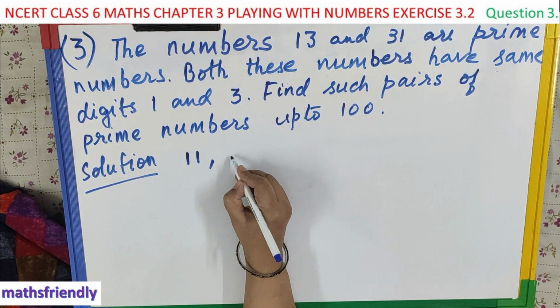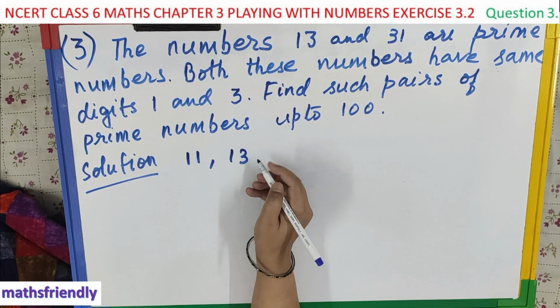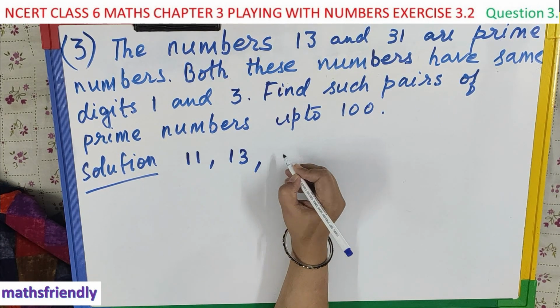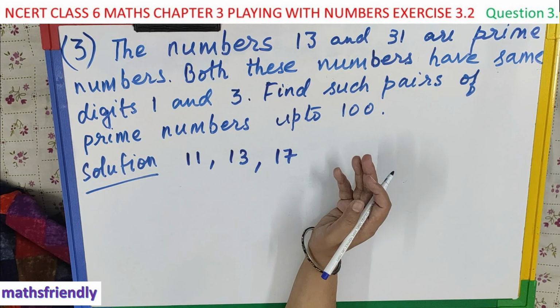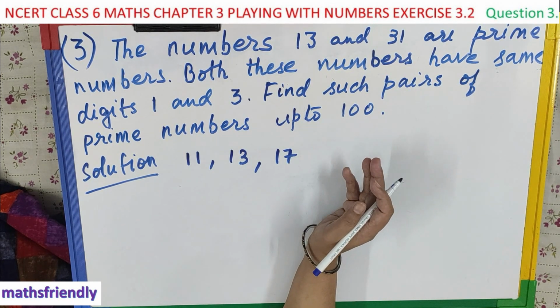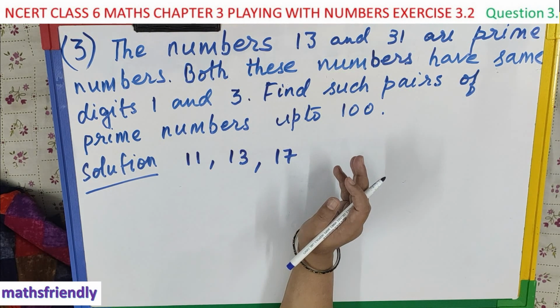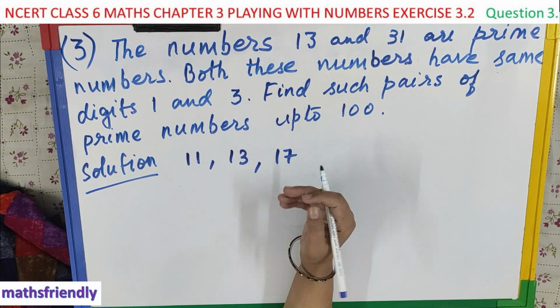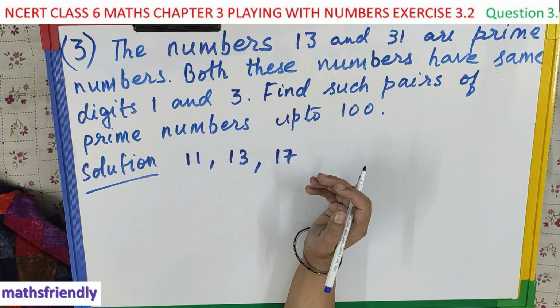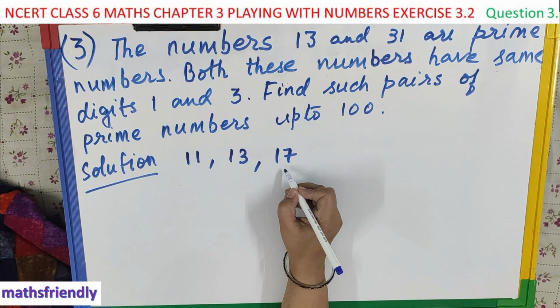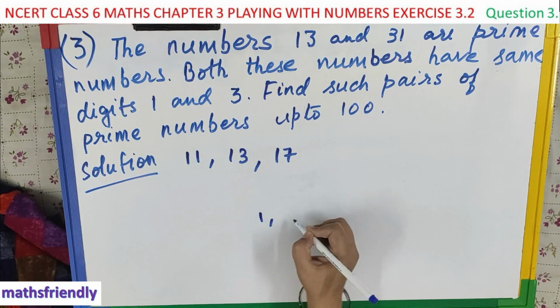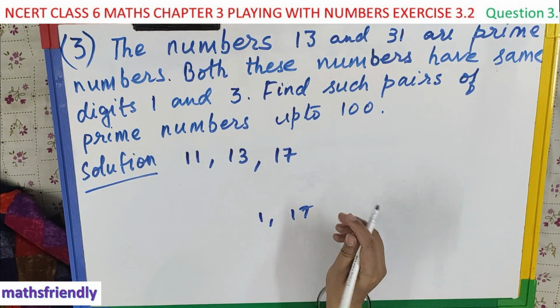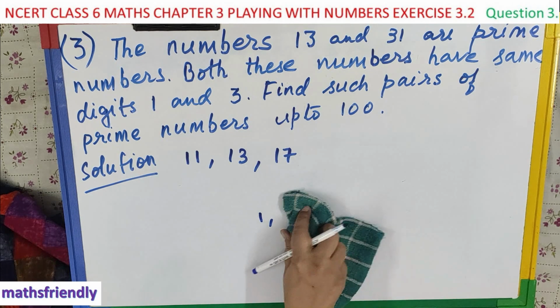So 12, 13. 12 is not a prime number, 13 is a prime number. 14, 15, 16, 17. 17 is a prime number. 14, 15, 16 are not prime numbers, okay, because those numbers have other factors also. Those numbers are divisible by other numbers also, but this number is divisible by only 1 and the number itself, that is, it is divisible by 1 and it is divisible by 17. Okay, so the next prime number is